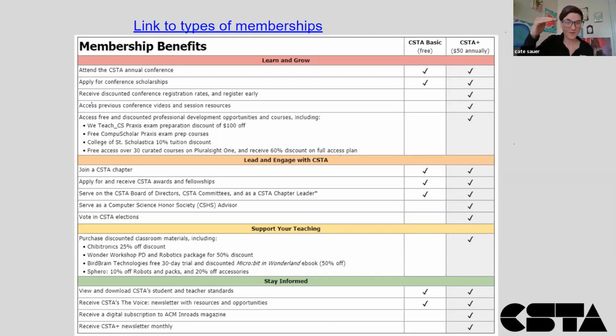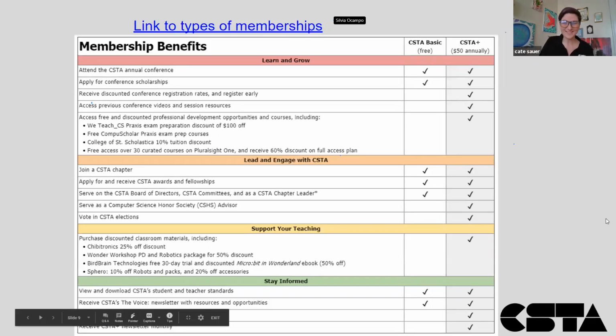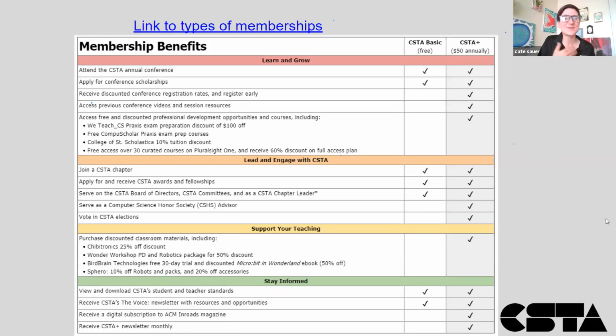I would like to go through a couple of these things. I don't know if anyone on the call attended conference. If you did, shout out. For example, the annual conference that happened in July: for Plus members, the cost was $75 US dollars. The cost to attend, if you weren't a Plus member, was $125.